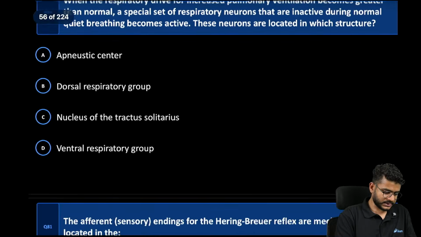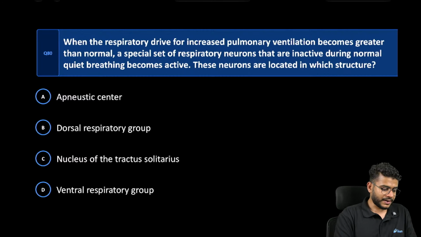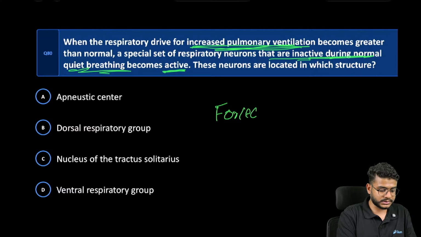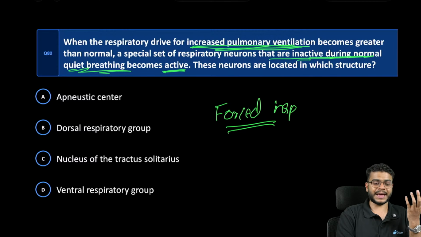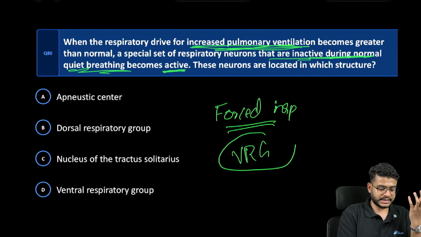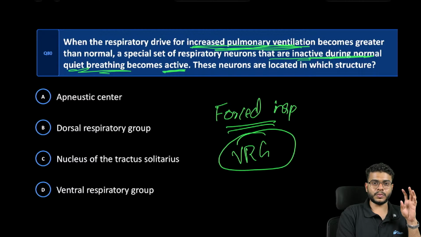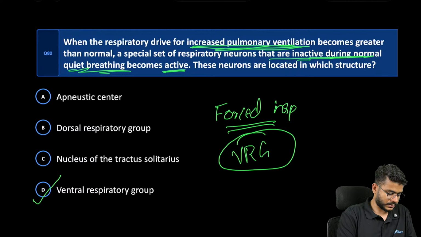center. Easy. Next question. When the respiratory drive for increased pulmonary ventilation becomes greater than normal, a special set of respiratory neurons that are inactive during normal quiet breathing becomes active. So in case of forced inspiration, a special set of respiratory centers become active, which are the VRG, as we discussed. They work during forced inspiration, not during normal inspiration. Okay,